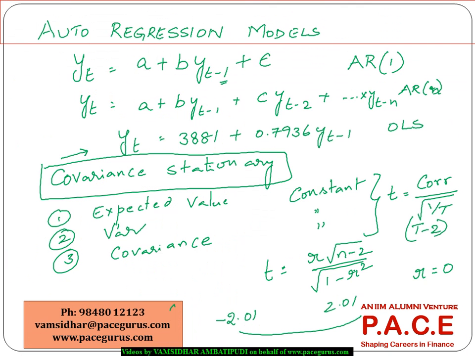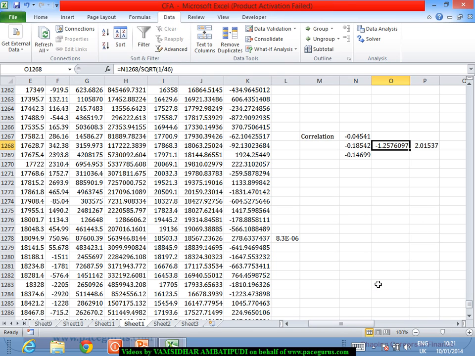Here, because I got minus 1.25 lying in between, I cannot reject the null hypothesis at 5% significance level. So I can very well say that there is no relationship, no serial correlation present in the data using this kind of a model. So that is the way we go forward in terms of using autoregression as a part of